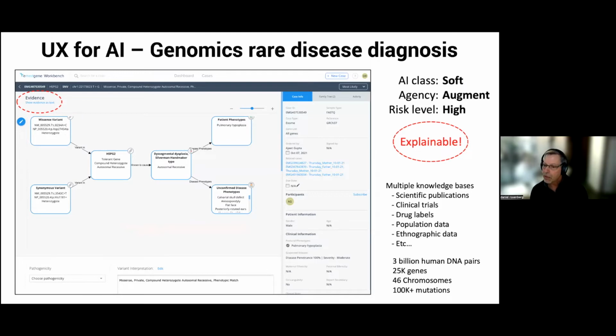If you are a Pacific Islander, the particular variants may be extremely common and they were known to be benign. But if you see that same variant in a Caucasian, it might indicate trouble. And again, the amount of data would be infeasible for a human being to do this.